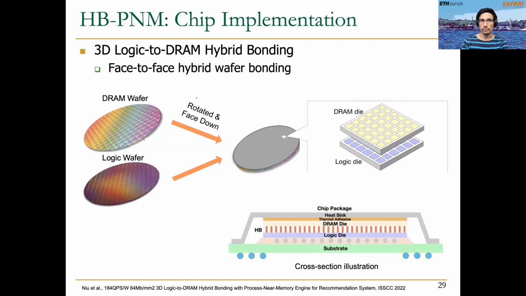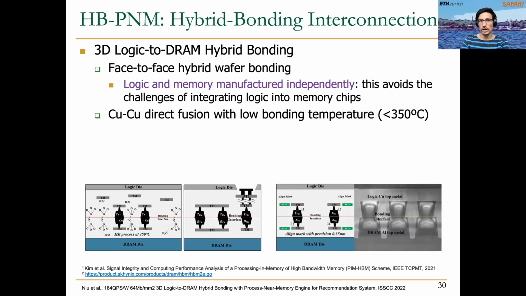The DRAM wafer and the logic wafer are manufactured independently, and then they are flipped face down and bonded by using this hybrid bonding. An important characteristic of this hybrid bonding is that it's a copper-to-copper direct fusion that is done at really low temperatures, below 350